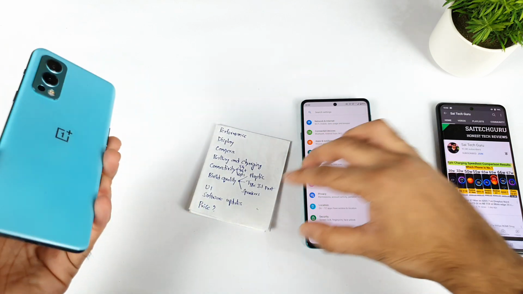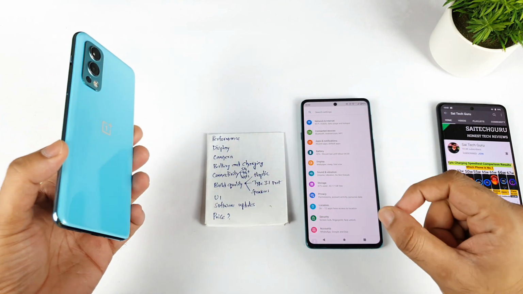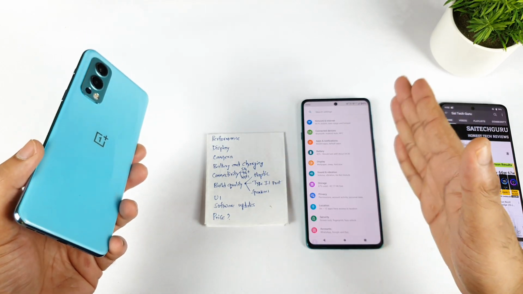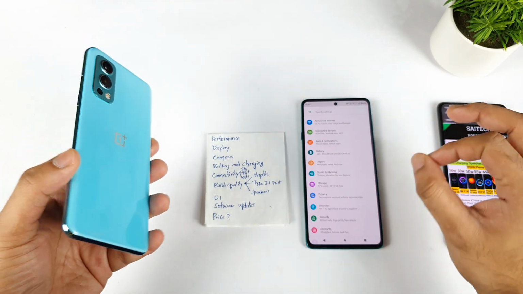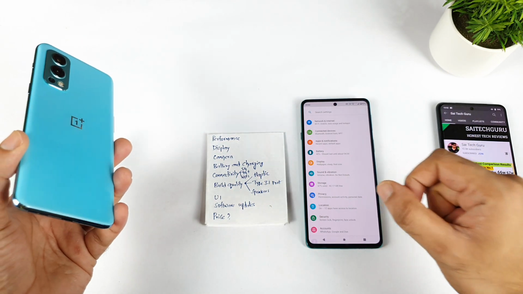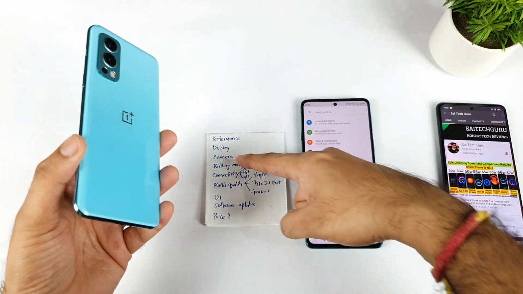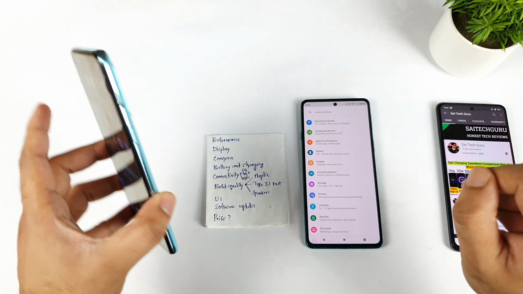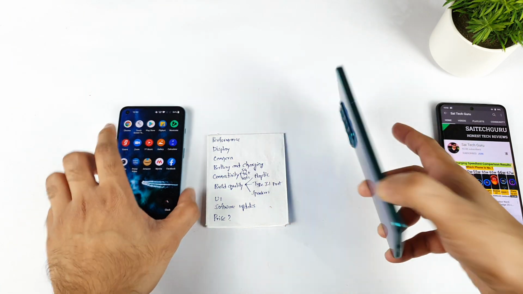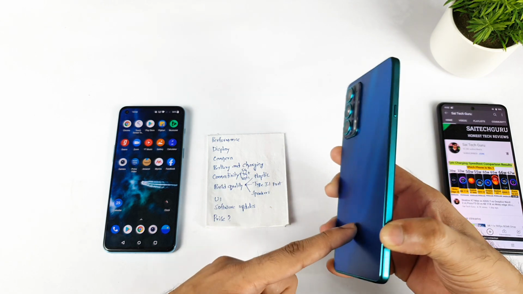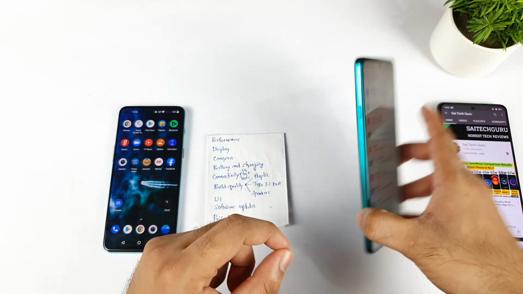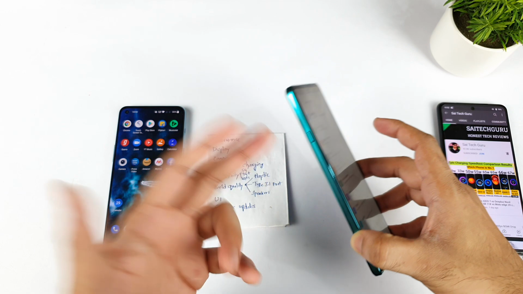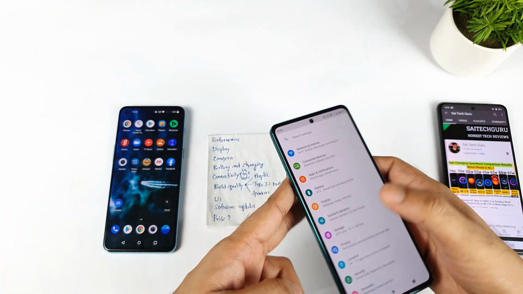The final conclusion is that for performance, the OnePlus Nord 2. For camera, slight points for the OnePlus Nord 2. Don't get me wrong, the H20 has a really good camera, but slight points for the OnePlus Nord 2. Performance, camera, battery charging, and connectivity also go to the OnePlus Nord 2. These are the areas where the OnePlus Nord 2 has a real advantage. Display and build quality, I mean build quality in terms of weight, not the dual speakers, because it doesn't have dual speakers at all, but still in terms of build quality and weight.